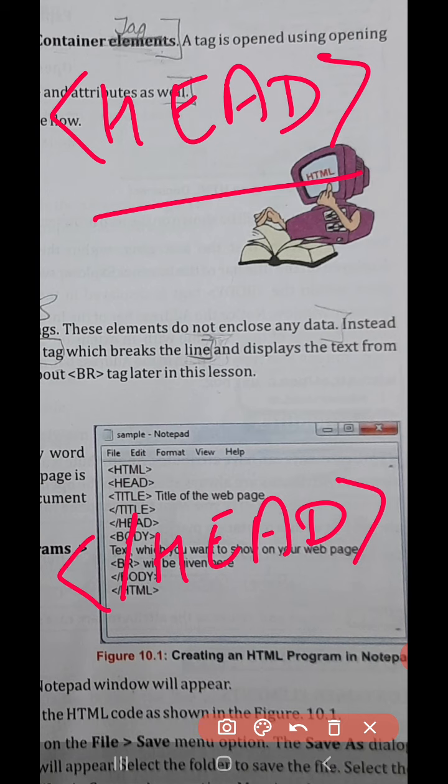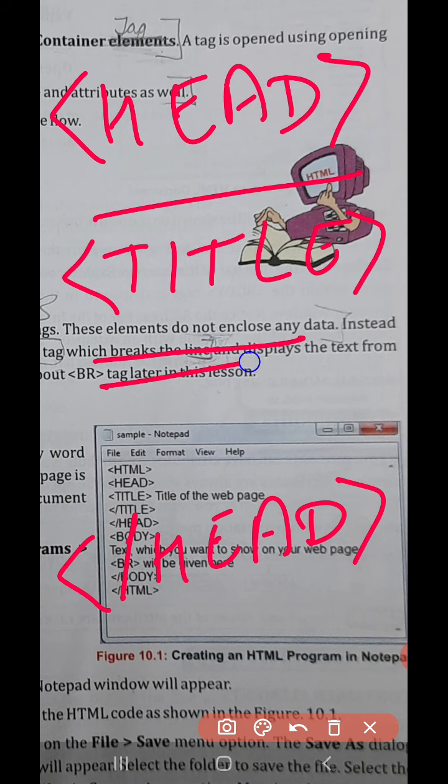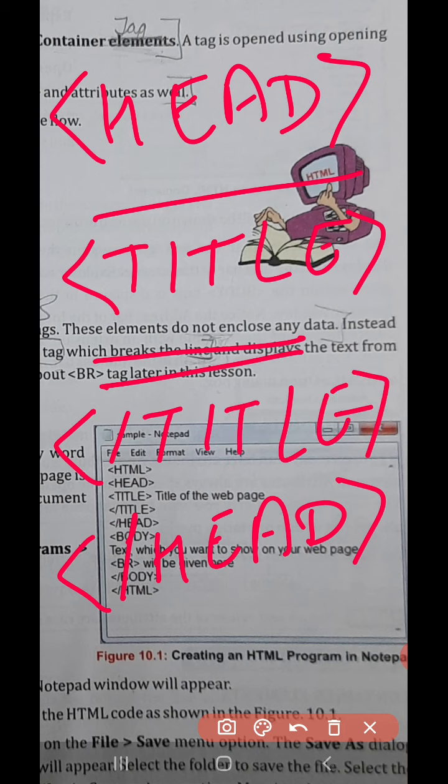Then the title is always given inside the head. So <title>, then give the title, and then close it with </title>. Head, title, </title> and </head>.